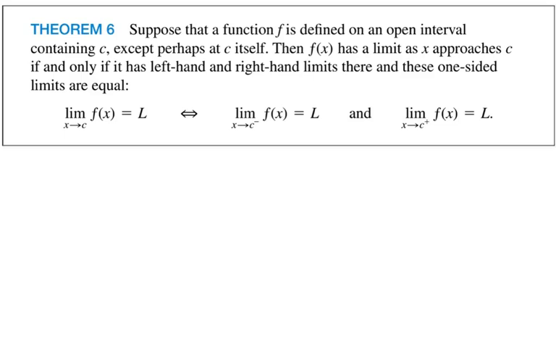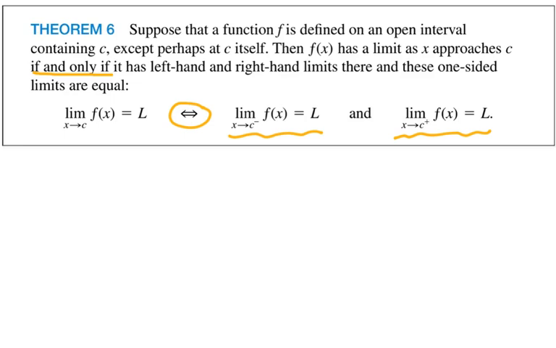We have a theorem here. Suppose that the function is defined across an open interval containing some point C that we're approaching, except perhaps at that point C itself. Then the function has a limit as x approaches C if and only if, and that's a biconditional statement indicated by this double-ended arrow, if and only if it has a left-hand limit and a right-hand limit,